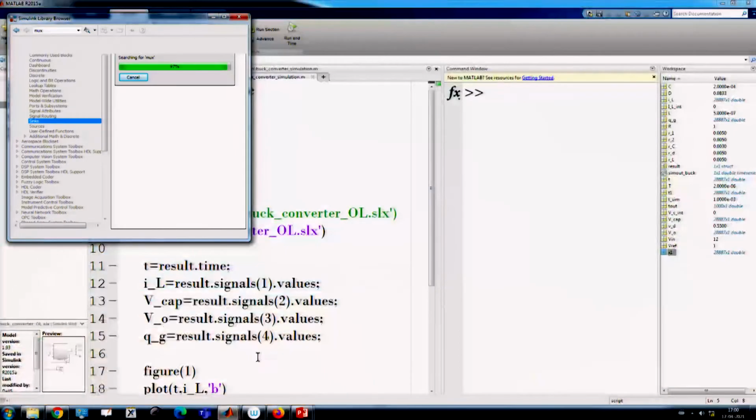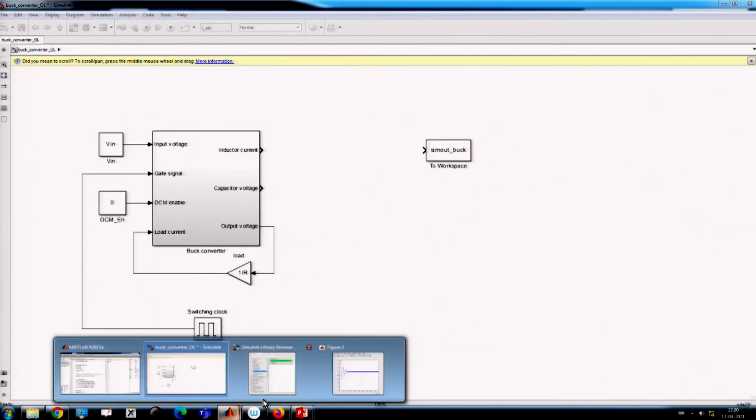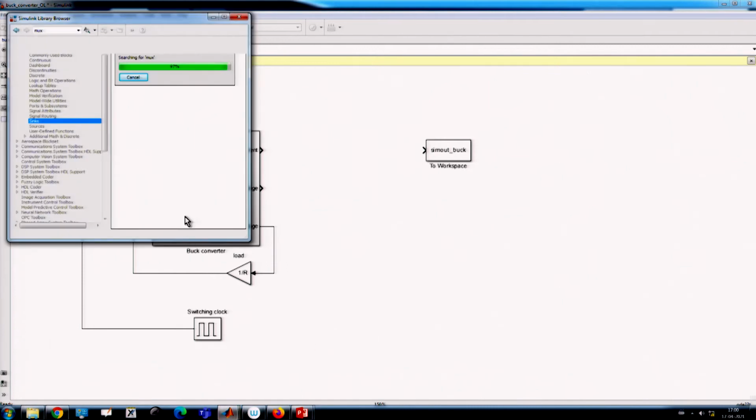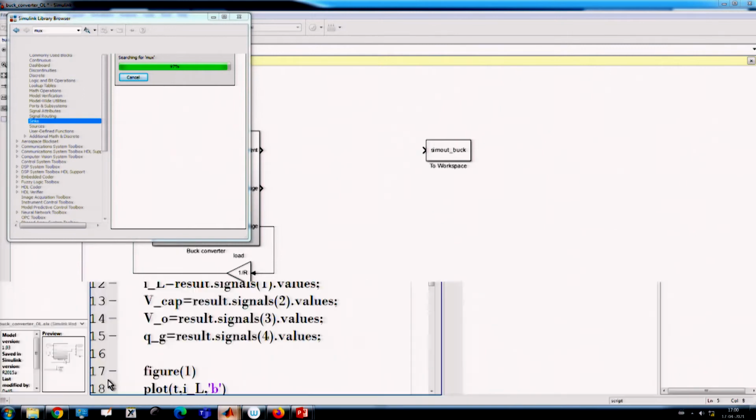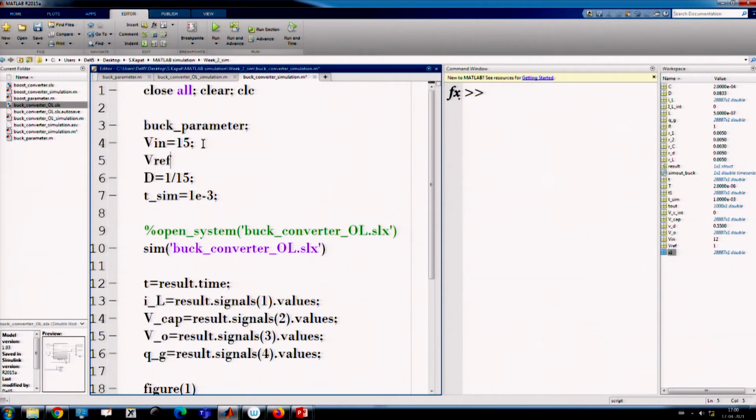Next, if we go to Simulink, we are waiting for the multiplexer to come. So, the duty ratio we can set, VREF, whatever we want, whether it is in a parameter file does not matter.